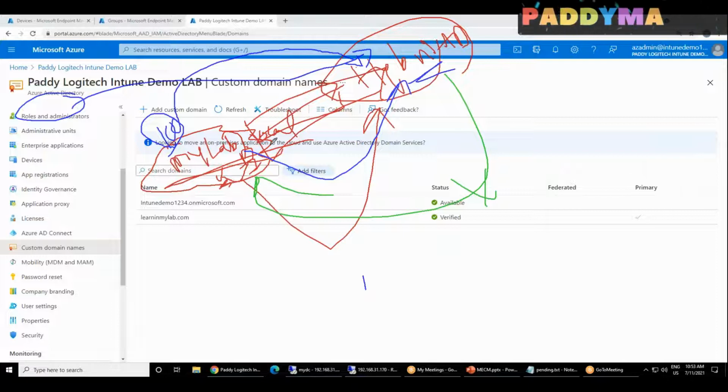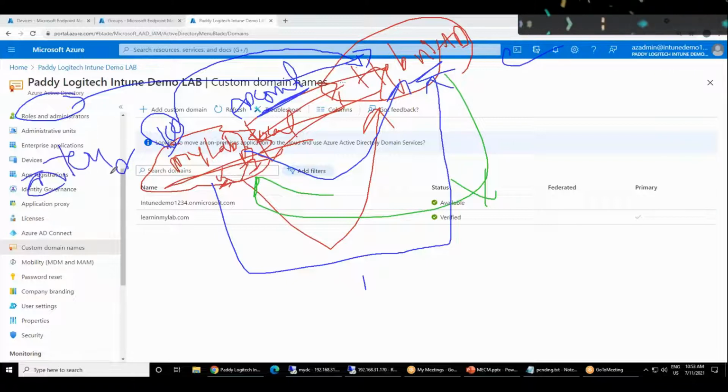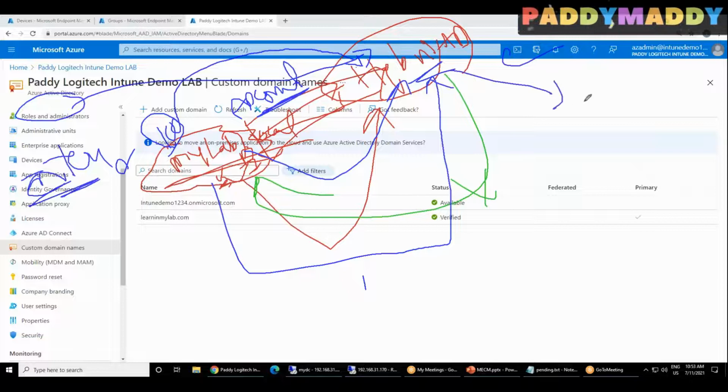How to do that is you need to use a tool called AD Connect. Okay, AD Connect. So what this tool does is it makes the configuration to be done from here to here in the backend. It's very simple. It will ask for the user ID and password of here and here. From here it needs the enterprise admin credentials. It needs from here the global admin. Okay, enterprise admin and global admin credentials once you have given,